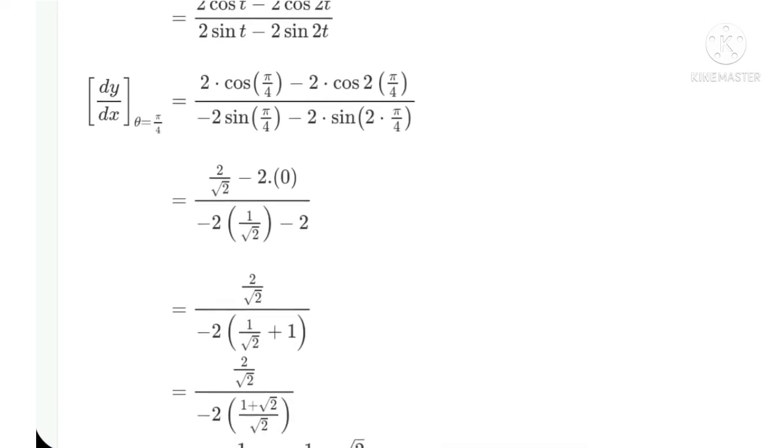Substitute the values. Then we have 2 cot t, and we have to find it at theta equal to pi by 4. So put t equal to pi by 4 here. We get 2 as it is, cos pi by 4 is 1 upon root 2, minus 2 as it is, cos pi by 4 is 0,